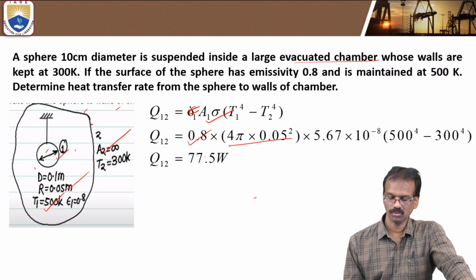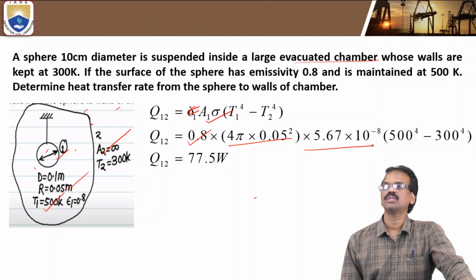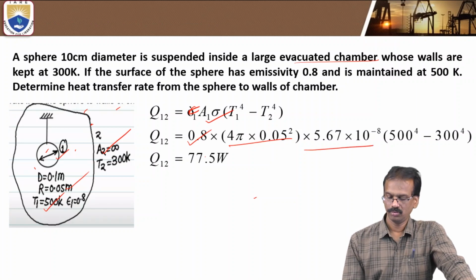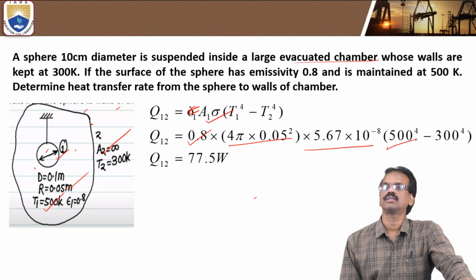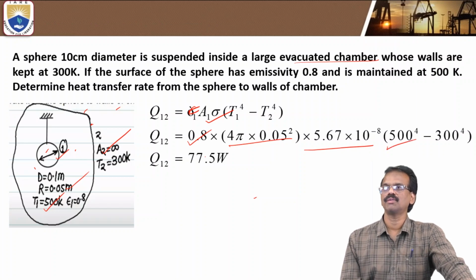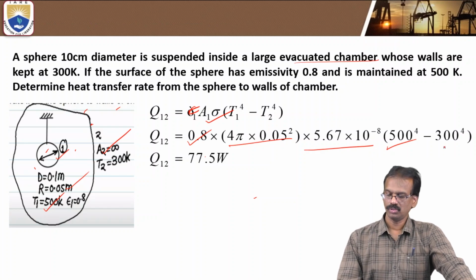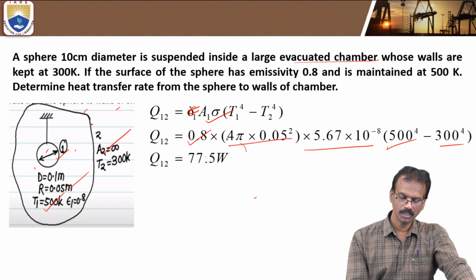The value of sigma is 5.67 into 10 to the power of minus 8, into the temperature of the small body 500 Kelvin, and the temperature of the enclosure 300 Kelvin. If you solve this one, we will get this value,